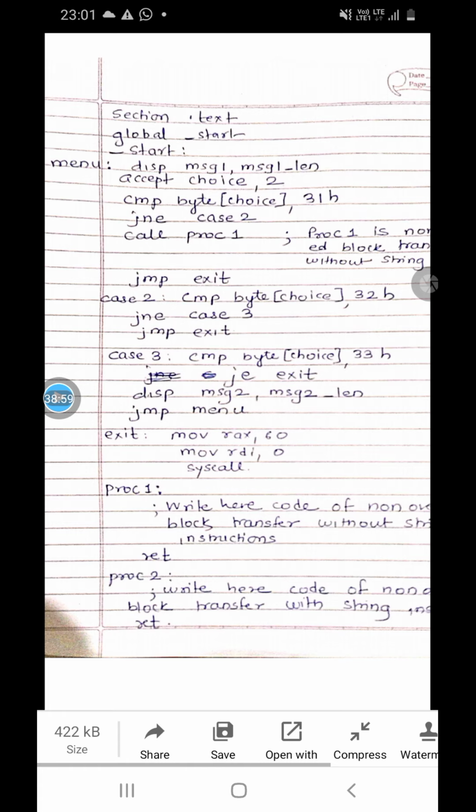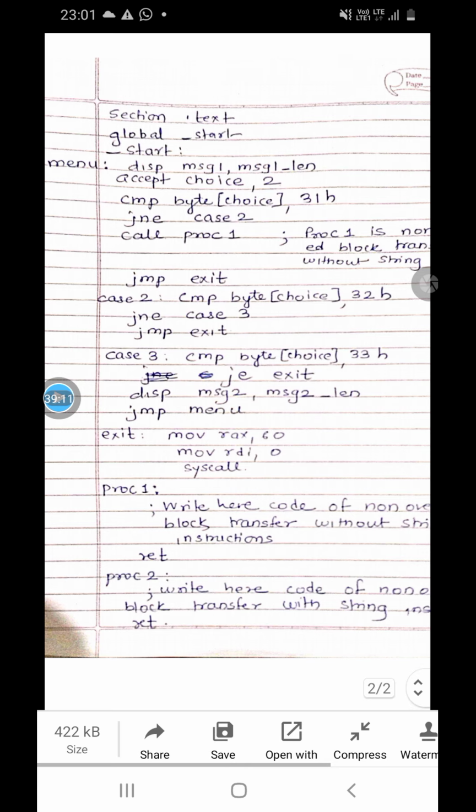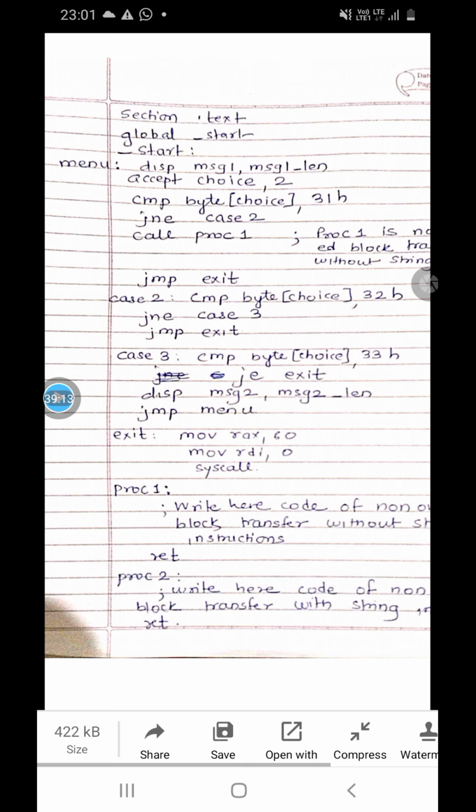But suppose the user has not entered the choice as 3, that means the user has not entered 1, 2 or 3, the user has entered some other choice, so it will display the message wrong choice. For that purpose, here it is disp message, message_length. So it will display the message wrong choice and jump to menu.